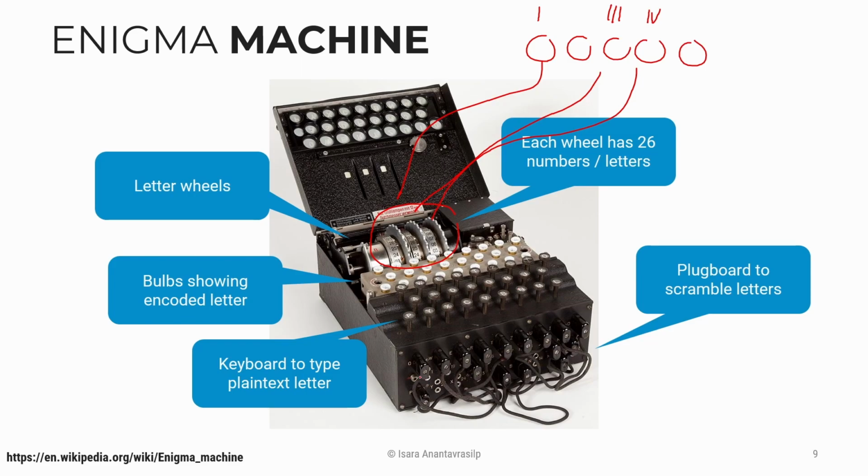Next, they need to plug the cables in the same configuration, like plug O to, I don't know, maybe X, and U to, I don't know, N, for example. You need to plug these switchboards in the same configuration as well. Once both sender and receiver do the same thing, when you type, it will show the same character, which is awesome.